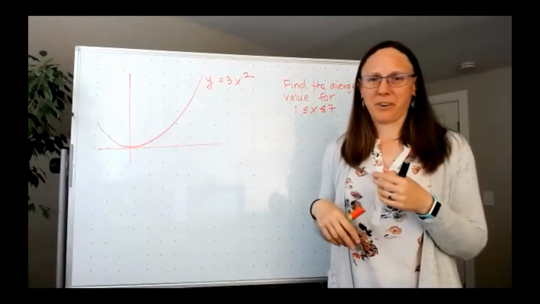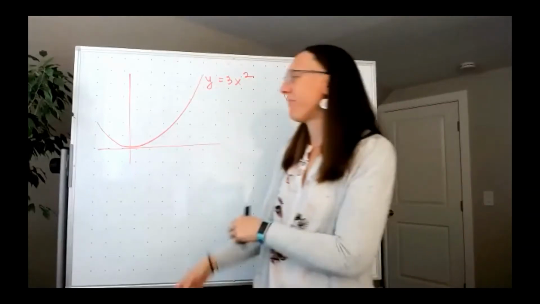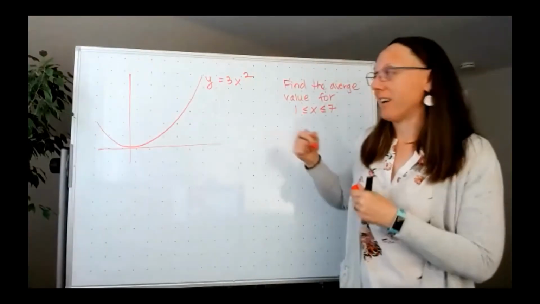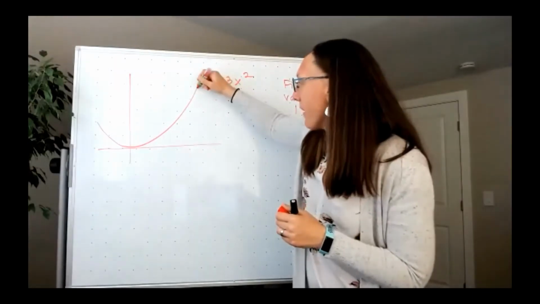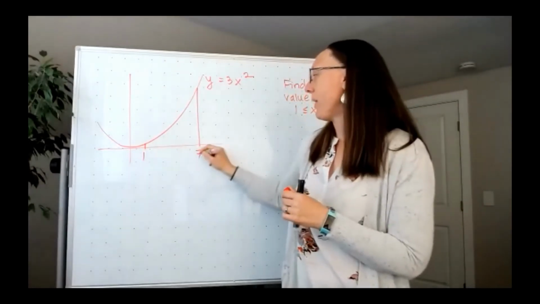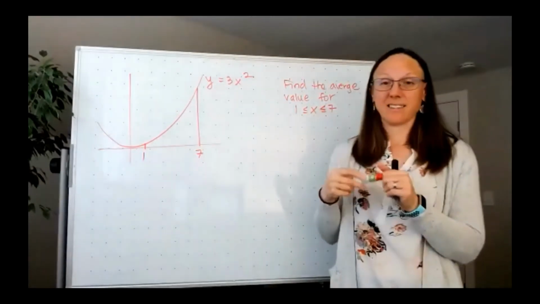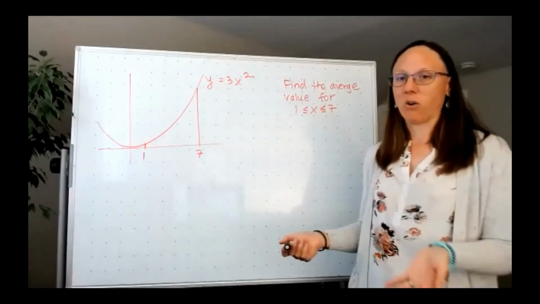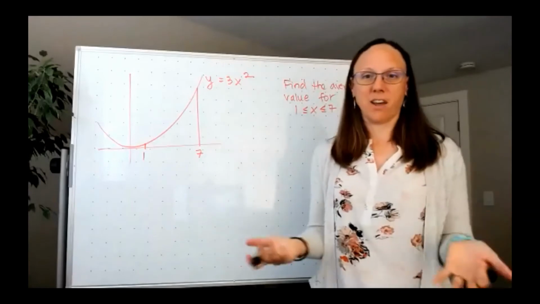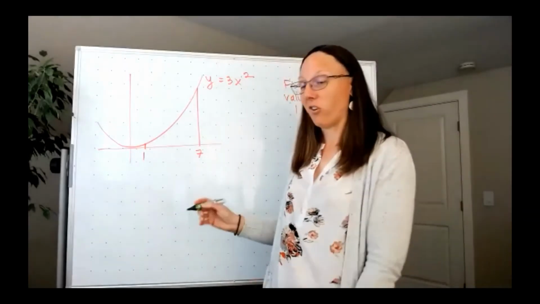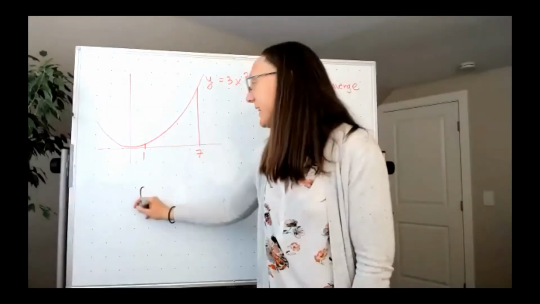Well, what does that even mean with a graph? So if I go to that idea of adding things up, in this case we're going to be adding things up from 1 to 7. Well, adding things up calculus style says we're finding a sum. And finding a sum, we can write as an integral. So I'm finding the sum